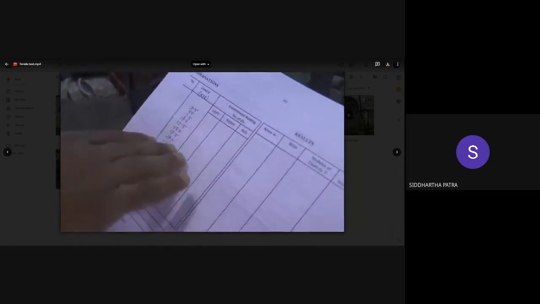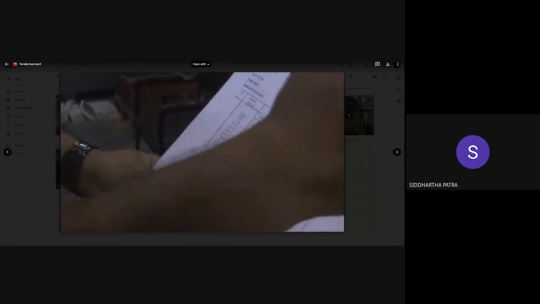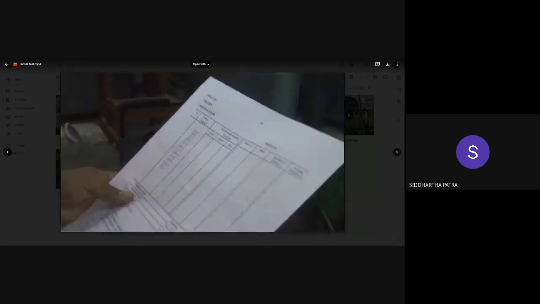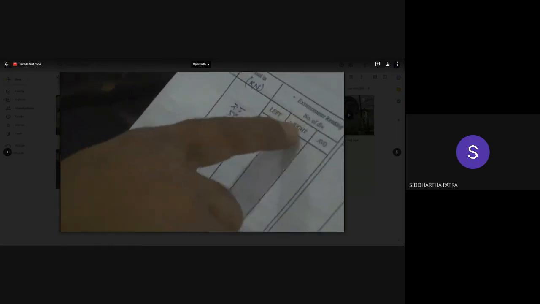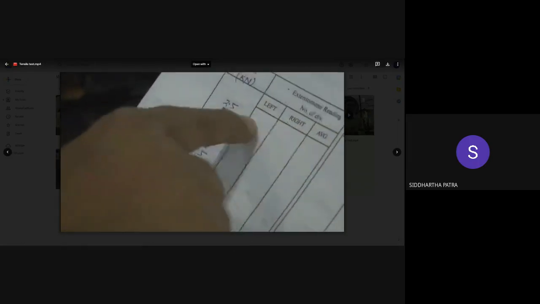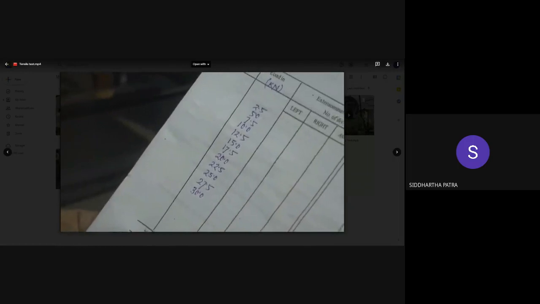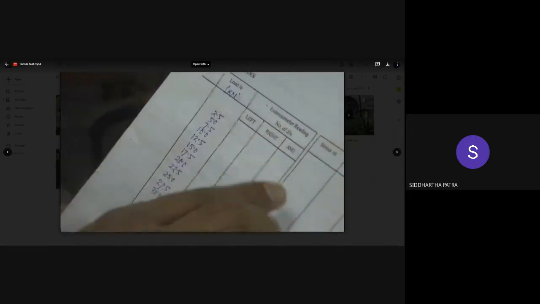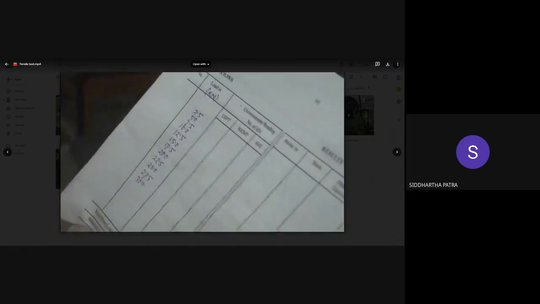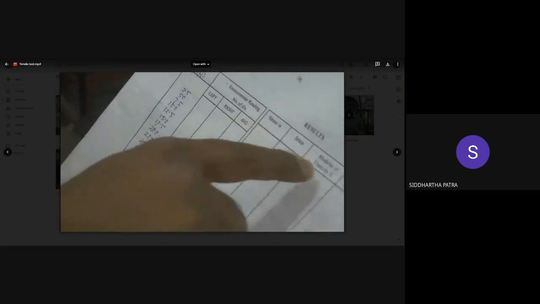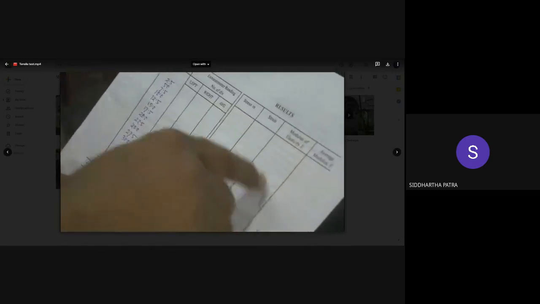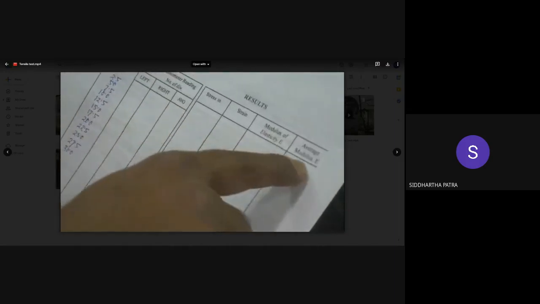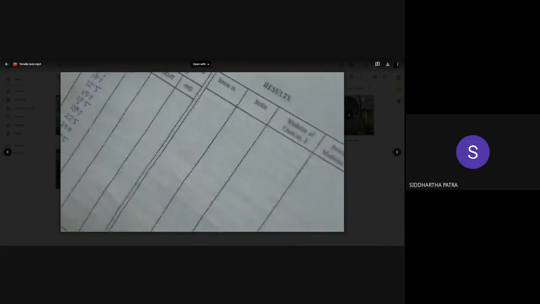Here we have already preset some of the load values. Because we already have the load data from the dial, we can directly note the corresponding reading of the extensometer, left and right, and eventually take the averages. And ultimately these columns are for you to do the calculations: the stresses, strains, and the calculation of the Young's modulus from the ratio of the stresses and strains, and then average Young's modulus, and so on. Several calculations are there.